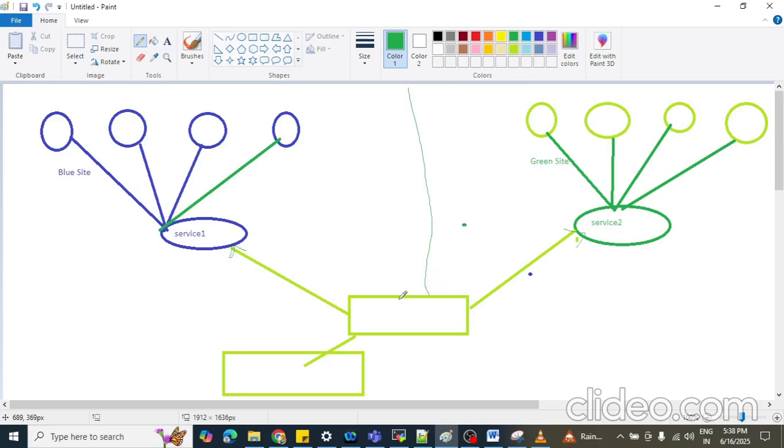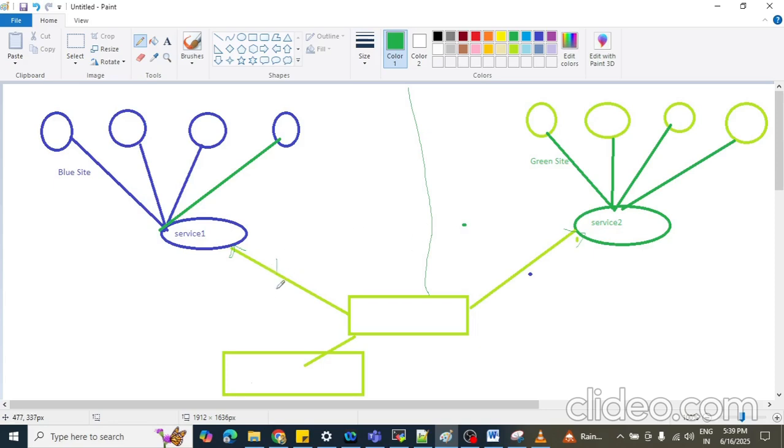So in blue green, the load balancer which is pointing to service one, this will be the ingress resource.